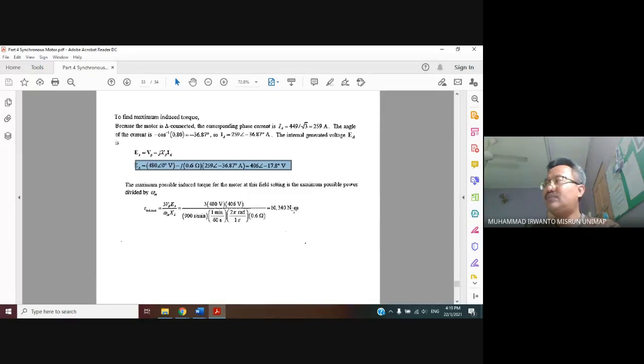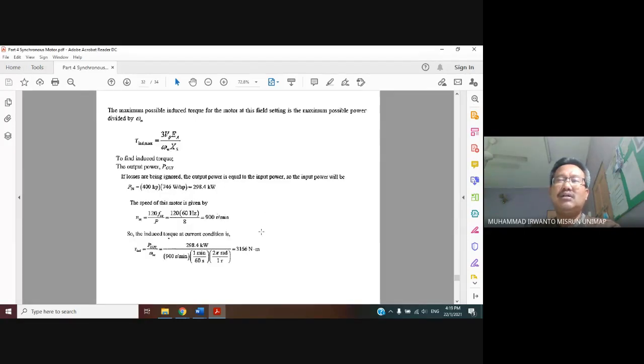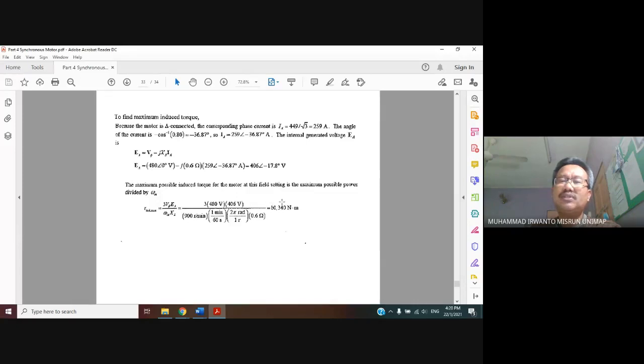So we obtain 10,340 Newton per meter. Look here, when the motor connected to the load with the power factor 0.8 leading, the induced torque is 3,166. And then same cos theta same. Ini tadi adalah yang under and over excitation lah. Kalau kita sebut lah macam itu tadi ya, case dia. Leading to be lagging, ya, or lagging to be leading. Okay. Nah, so the induced torque is